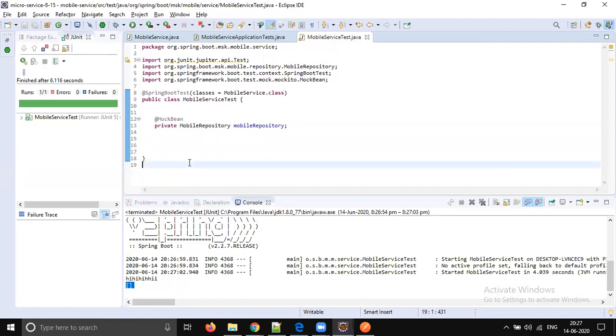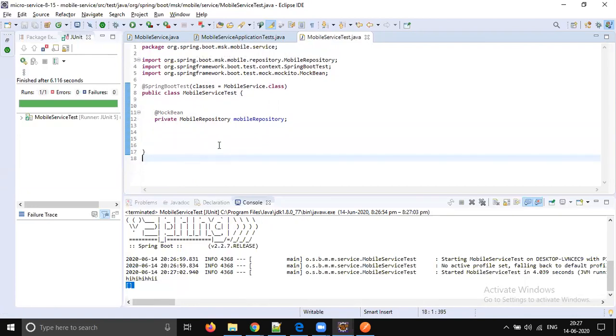We need to test MobileService.java. It has a dependency called repository. If it is an actual real repository object, it has to be connected to the database, but we don't want to do that.